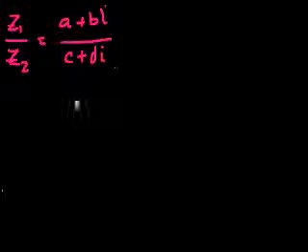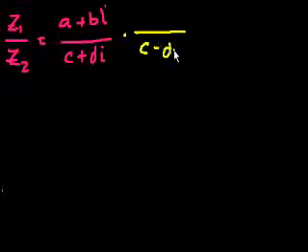So we know when we multiply a complex number times its conjugate, we get a real number. And we know also if we multiply anything by 1 we get the same number. So let's multiply the numerator and denominator of this expression by the conjugate of the denominator. So the conjugate of the denominator is going to be c minus di. So it's c minus di over c minus di, right? This was c plus di, so this is its conjugate. And so what do we get? So in the numerator,